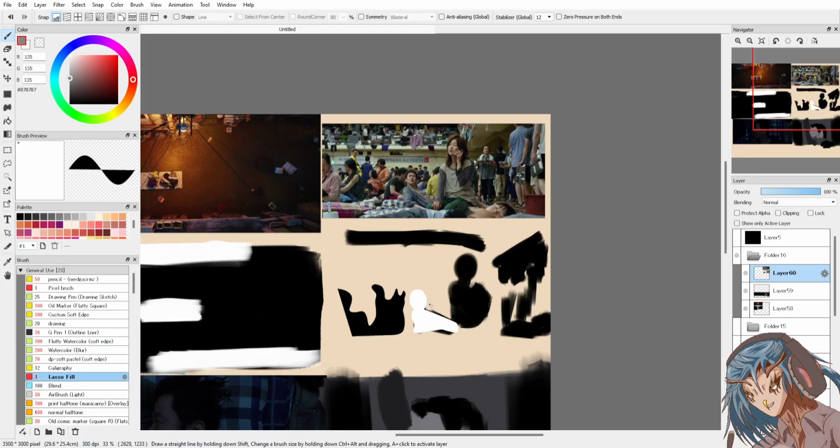No, mid-tone. Silhouetted. Character shapes. Secondary shapes up here.